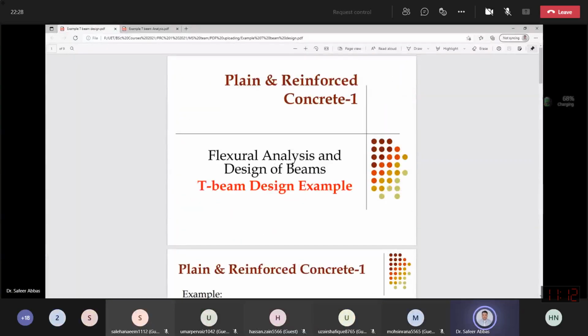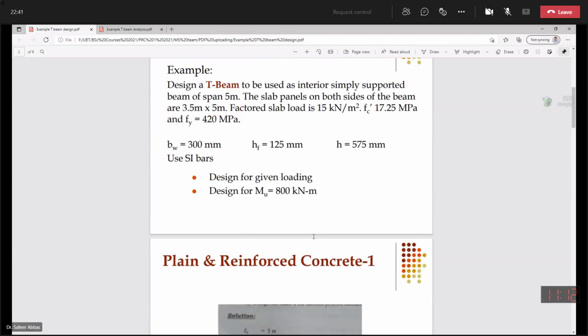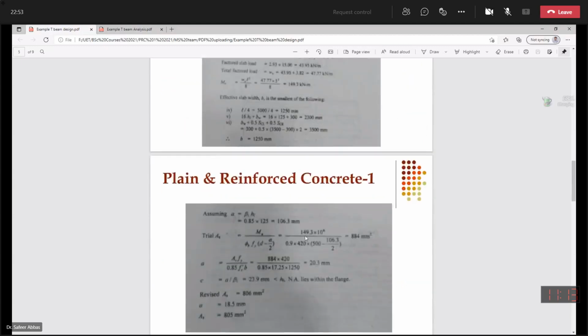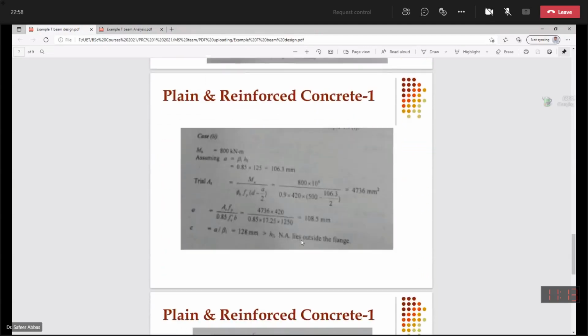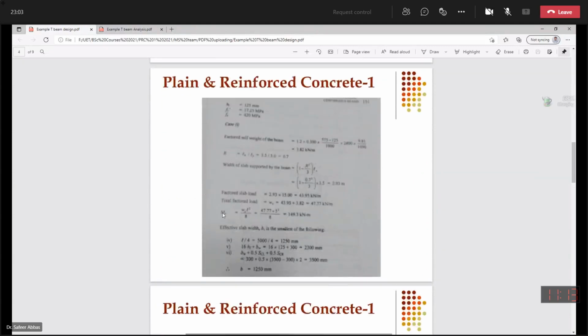All right guys, if you do not want to ask questions, then I will continue with the design example now. Actually, the design example is exactly the reverse of the analysis example. Here we are given the loading and we need to calculate the cross section. Again, first you need to calculate the a value, and then from a you need to calculate the area of steel. And then you need to calculate the moment as well.